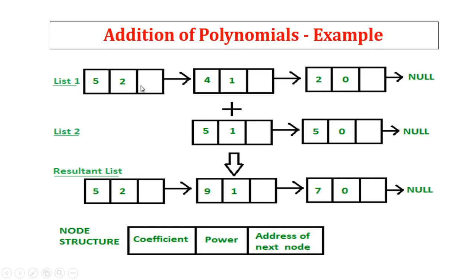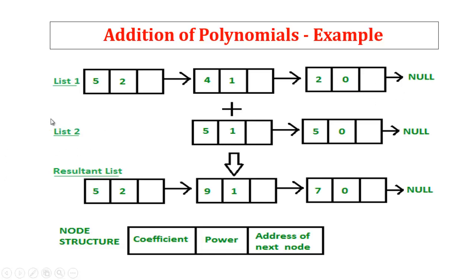Okay, and in each and every node in the list we have a next field. It denotes the pointer to the next node's address, and then the second node points to the third node's address, and the last node we represent as null. That is called the end of the linked list.